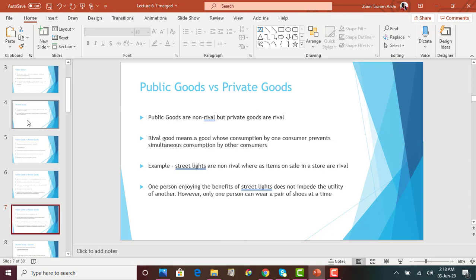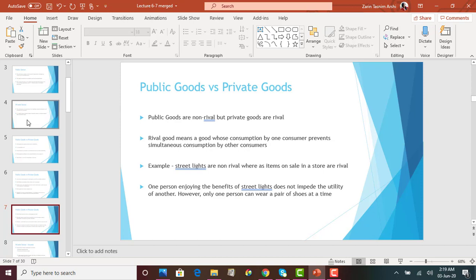Again, let's think about street lights. If I go and stand under the street light and I'm enjoying the benefits of the street light, it does not mean that Tom, who's passing by the street, will not get the benefit of public good. He will also get the benefit of public good, and I will also get the benefit of public good. So these types of goods are non-rival. Okay, consumers do not compete with one another to get this type of goods, whereas private goods, they are rival,